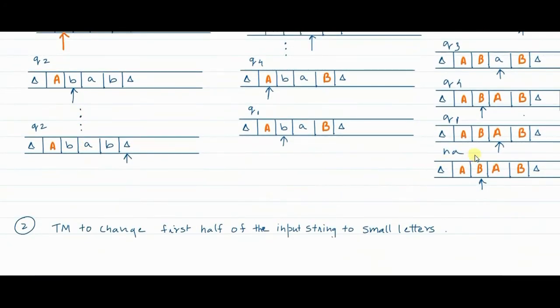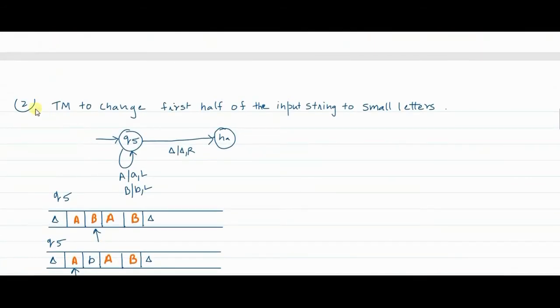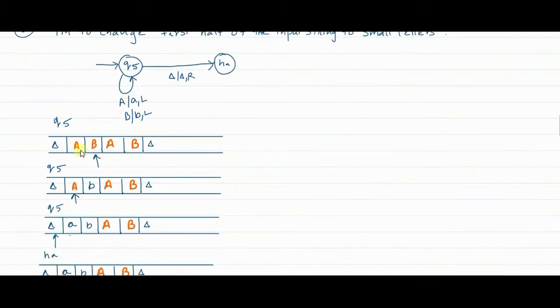So you see the same input, whatever computation we have done on the tape so far, is given to the second Turing machine. The halting state we had in the previous Turing machine is no longer a halting state. It is given a new name, Q5, which is now the start state of the next machine. Okay, so only this is a change. This is the output of the previous Turing machine where we stopped. Only the HA has now been named Q5. Fine, so this is how the machines are connected.